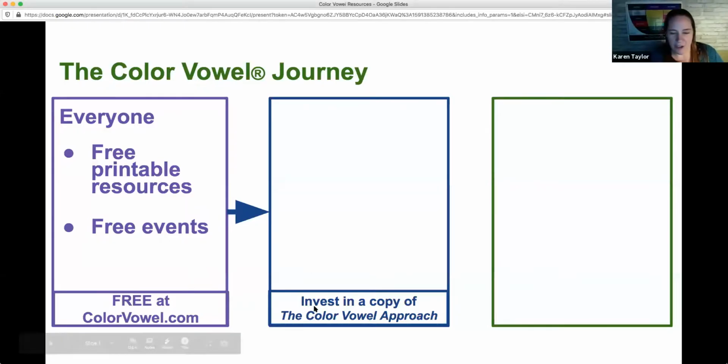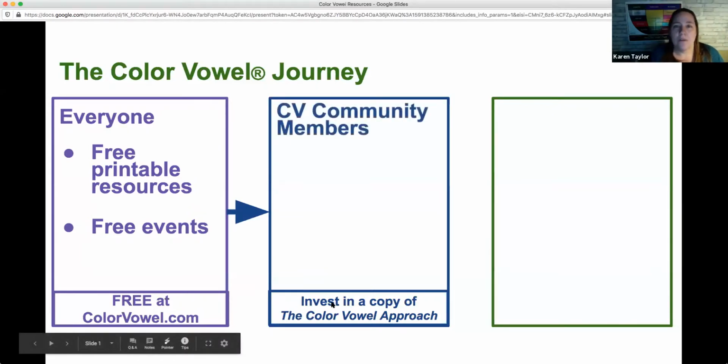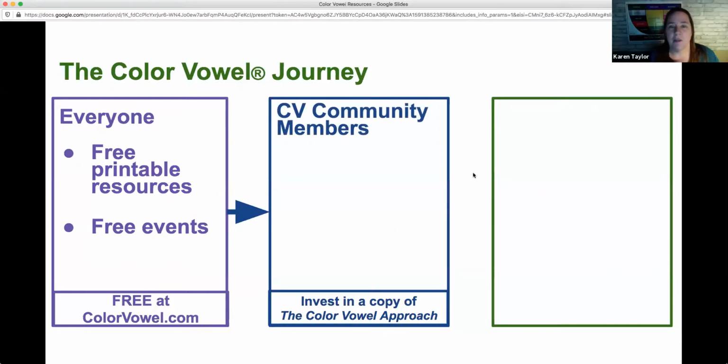And so then we thought, we'd better make sure that that's like the first step. And so that's why it's the first step shown after the free step of the journey. It's just investing in one of the products, which would be the teacher starter kit or the fully equipped classroom or the level 1 workshop. And so when you invest in some way in what we do, then you become what we sort of think of as the community. And a lot of you in the room are here in the community.